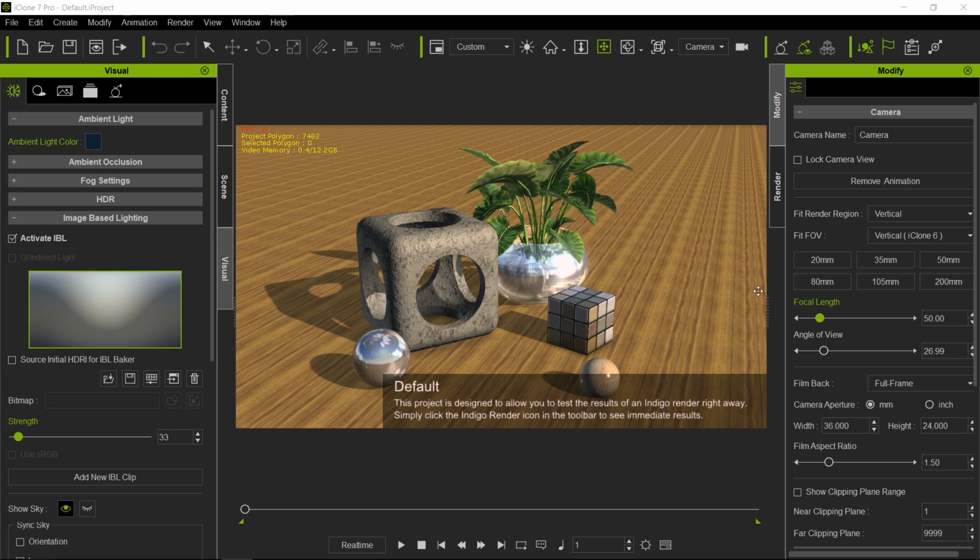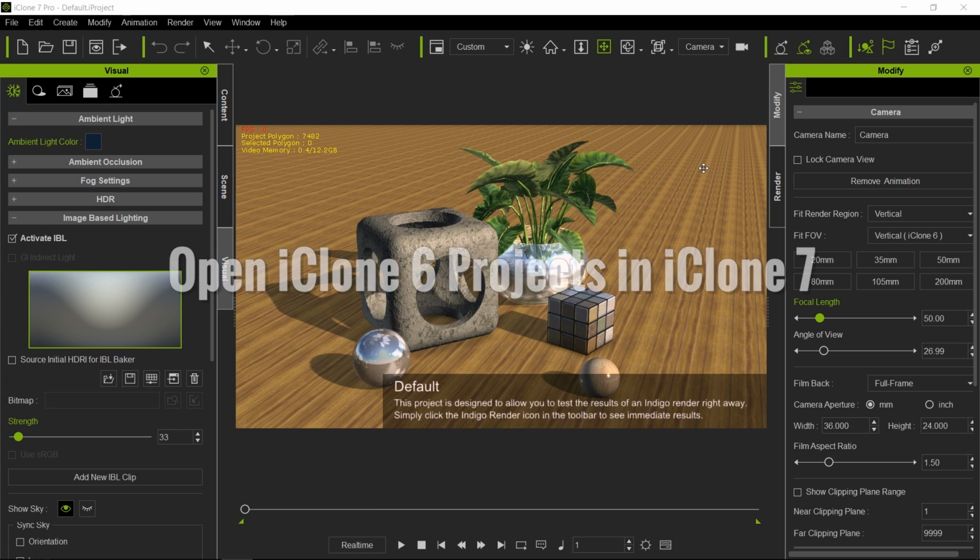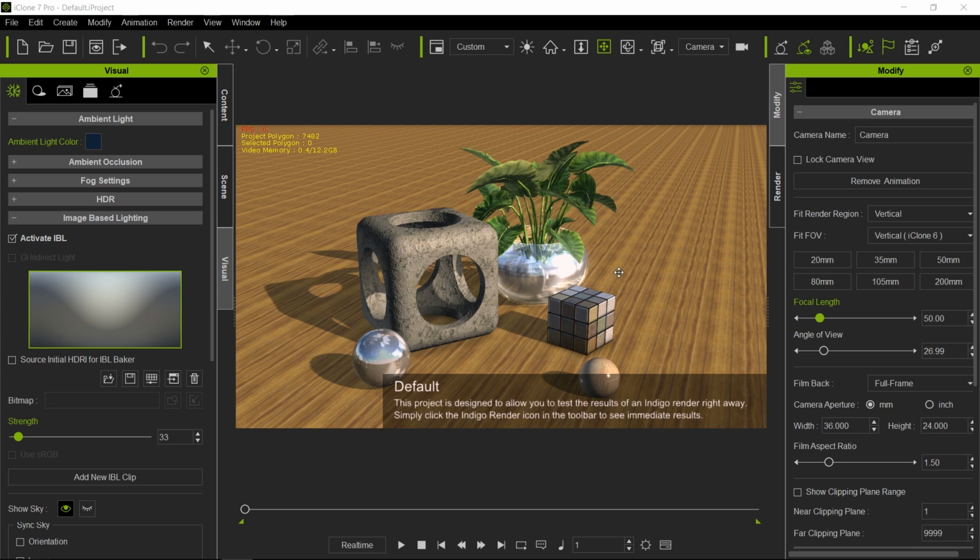Now we all have projects from previous legacy versions of iClone that we want to bring into iClone 7 to take advantage of the brand new rendering system. So let's go ahead and convert this scene, and I'll show you things to watch out for as you convert things. Alright, so the first thing you're going to notice here is when you start off from a default